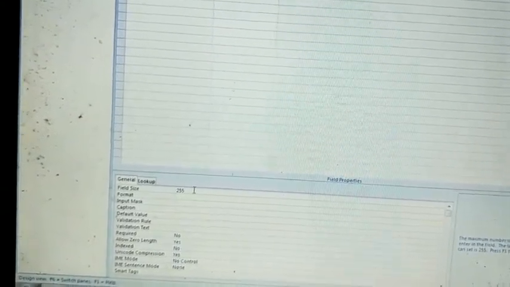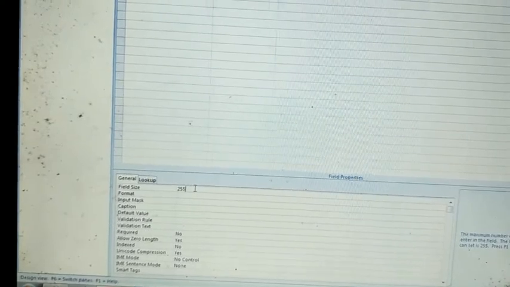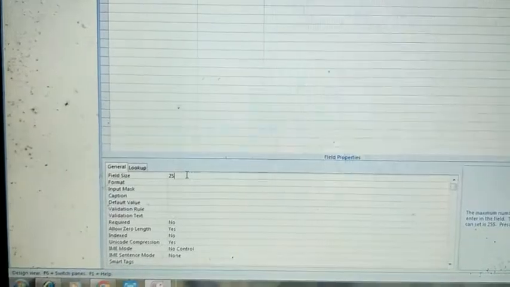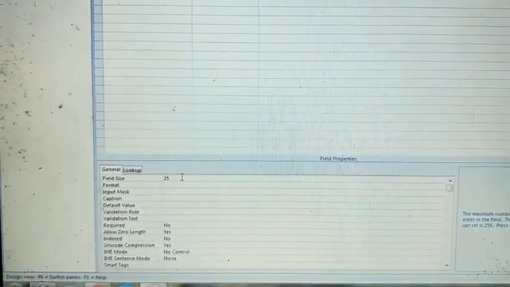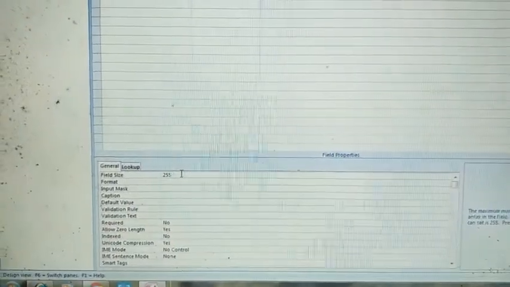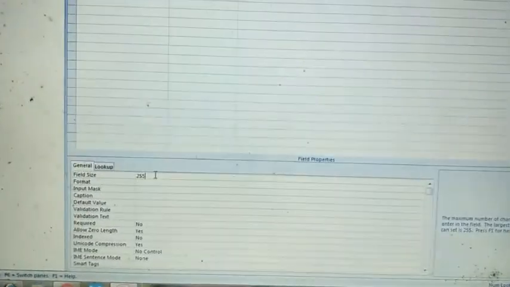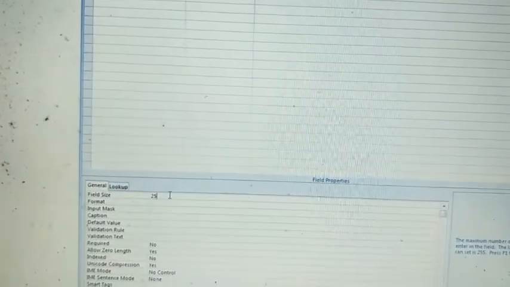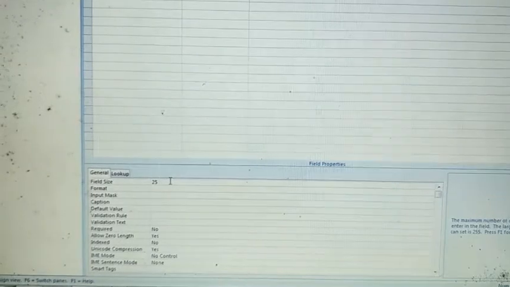By default the field size is 255, but you can change it. If you change it to 25, then it will not accept more than 25 characters. The maximum is 255 characters in a name field, but if you write only 25, it will accept only 25 characters. That is the use of this property.